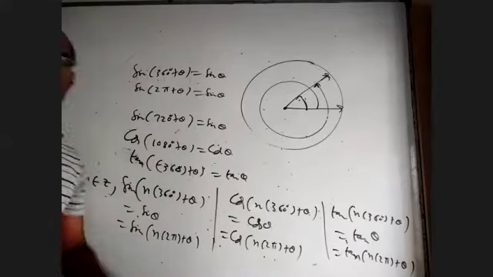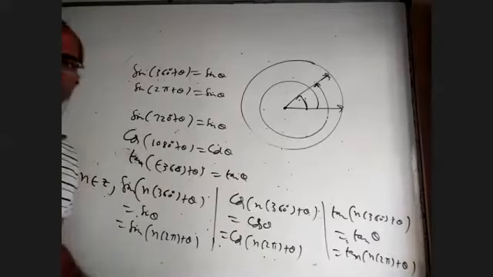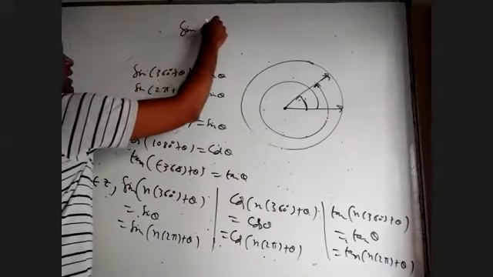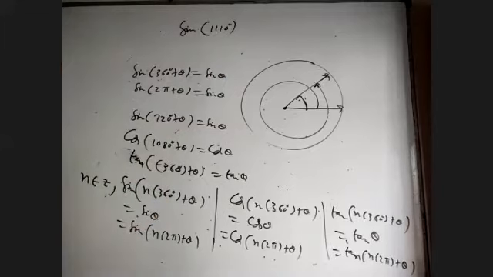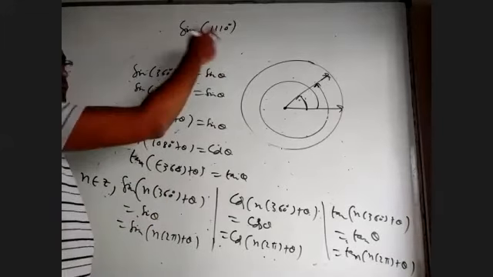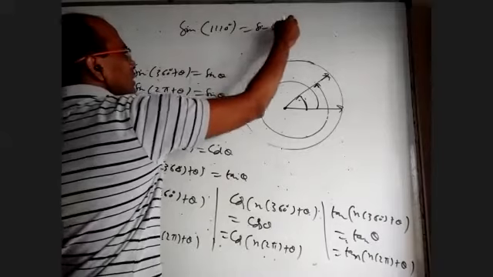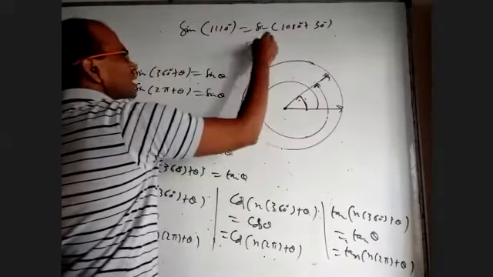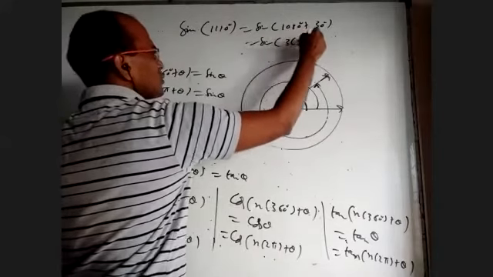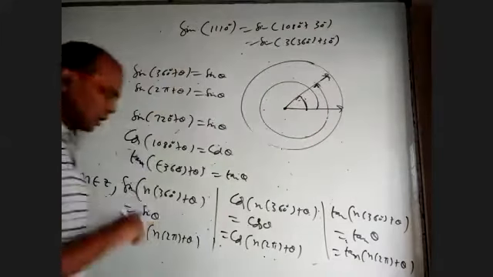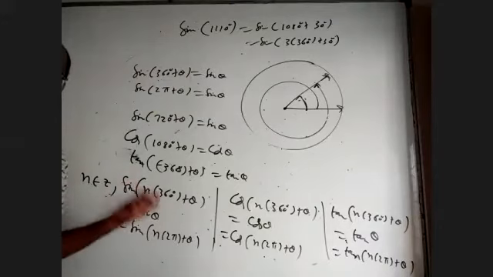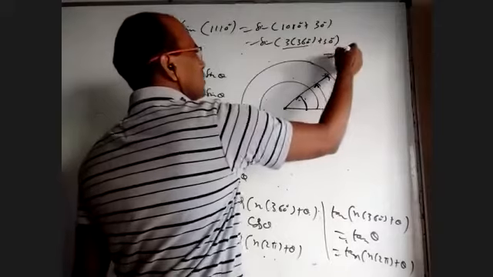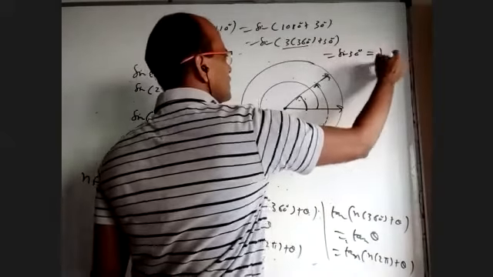Okay, these formulas are especially useful whenever we are dealing with big angles. Let us say somebody asks me sine 1110 degrees. The nearest multiple of 360 is 1080. So I can write sine 1080 plus 30 degrees, and that is sine 3 times 360 plus 30. According to these formulas, 360 or a multiple of 360 can be neglected. It will be sine theta. So forget about this, we get directly sine 30, and sine 30 is 1 by 2.